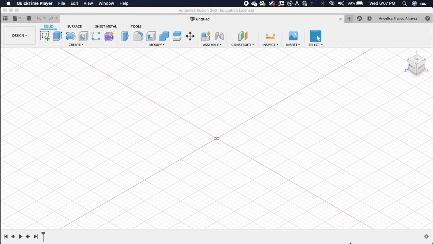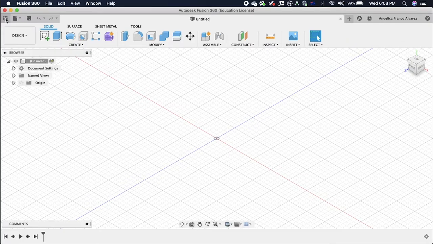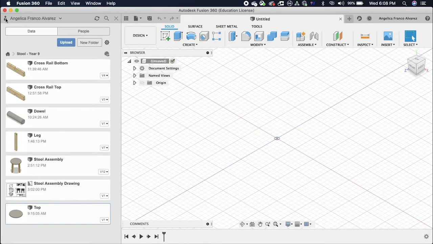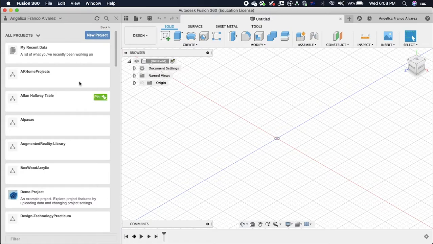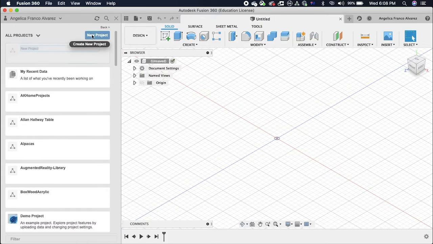An instruction on how to create the Stool project for the Year 9 Design and Technology class. First, we're going to create a project. Hover to the top left side where there is this grid icon. We're going to click on it and we're going to create a new project. Click on New Project, name the project,